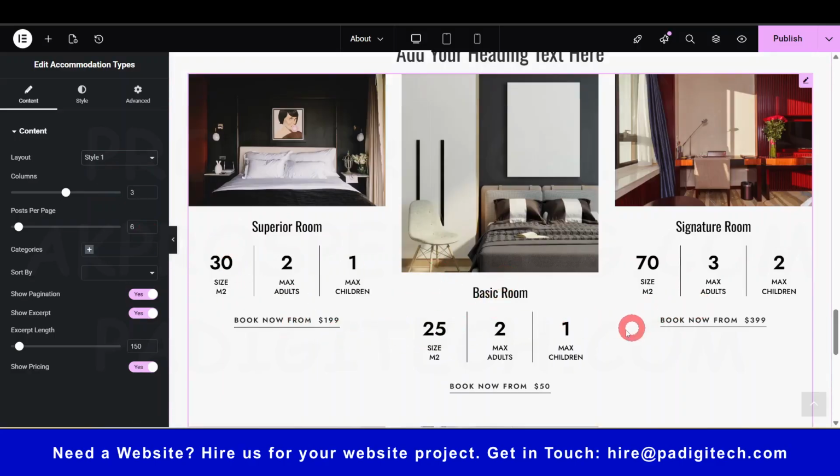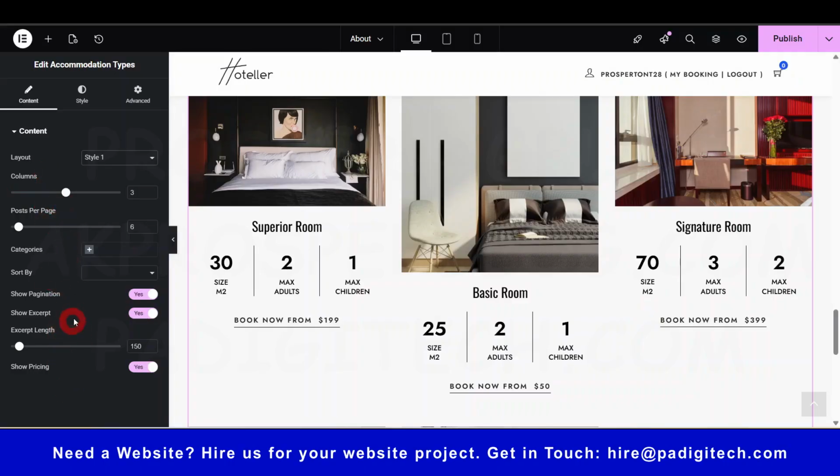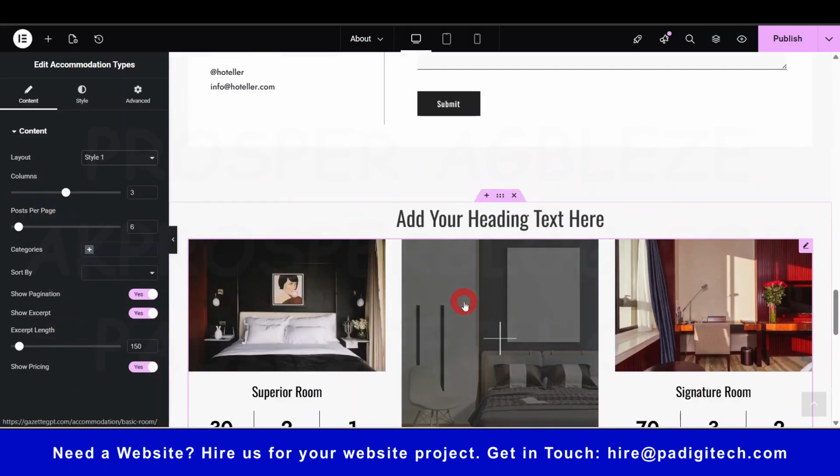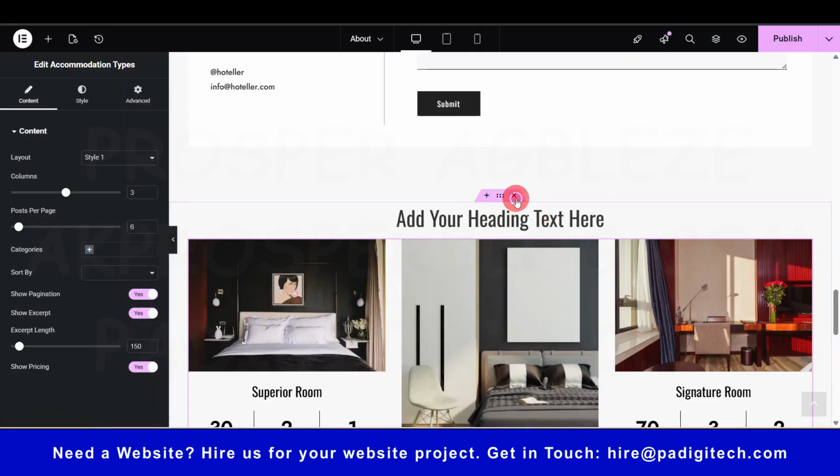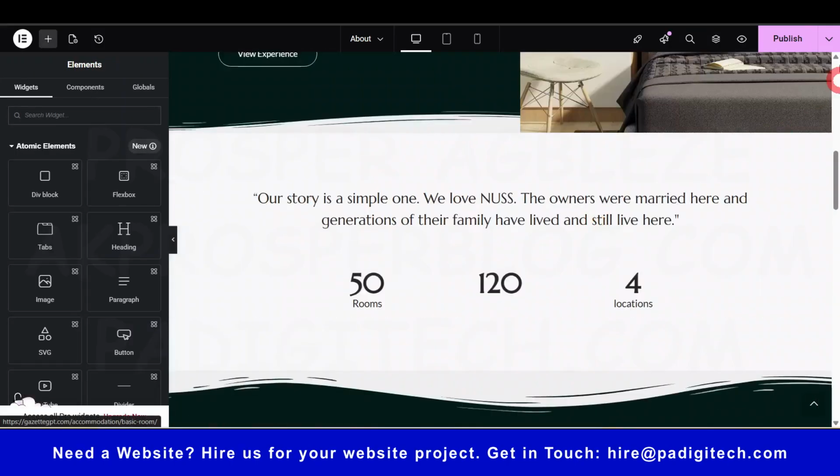Okay, all right, so you can see the difference right there, and then you are going to have different options there. So this is just a brief summary of how to edit some of the pages using Elementor Page Builder. So let me just go ahead and close this. Okay, so once you are done, don't forget to always publish, the same way we did for this About Us